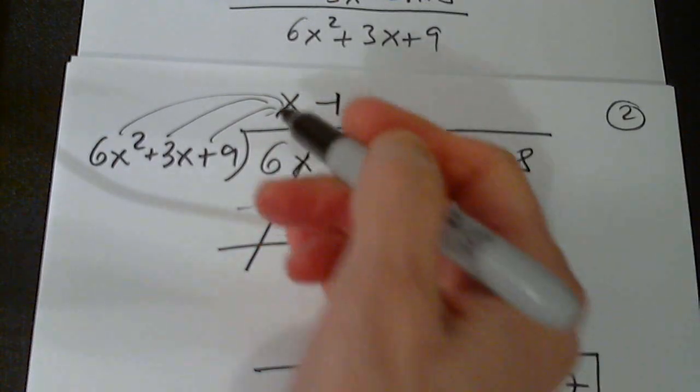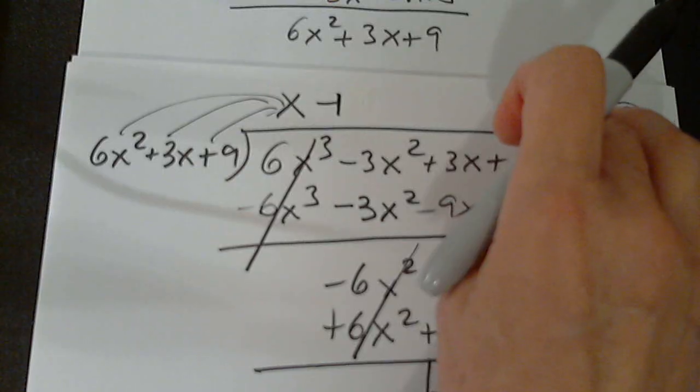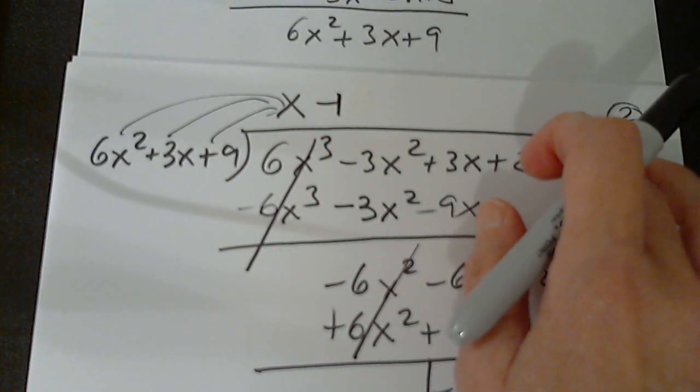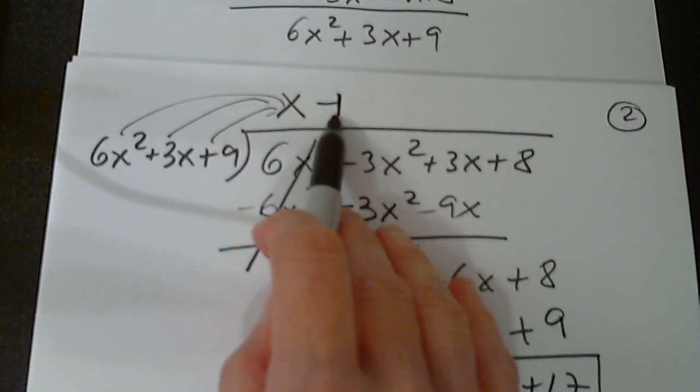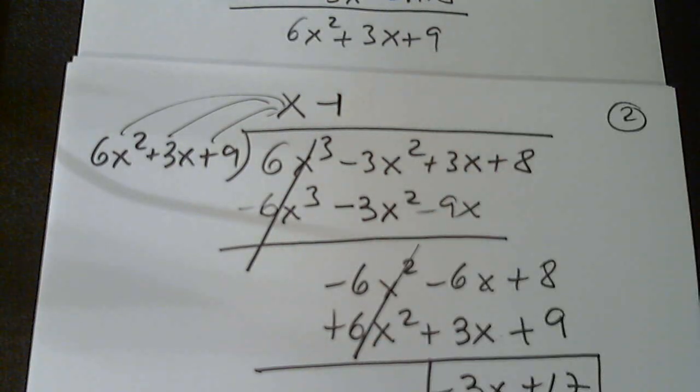I'm done. It's degree 1, degree 0. There is nothing else. I will never be able to write anything else. Degree 1, degree 0. There is no more. So therefore,